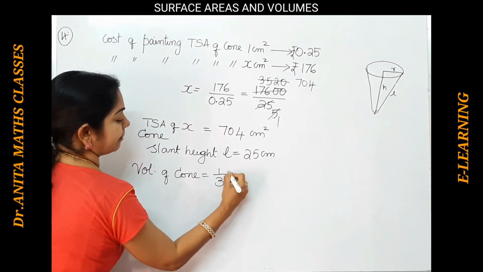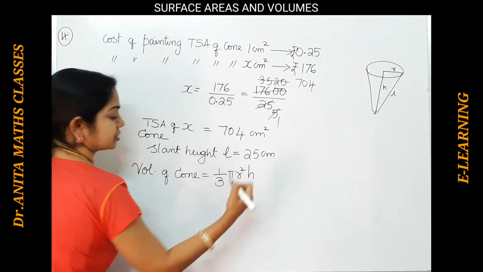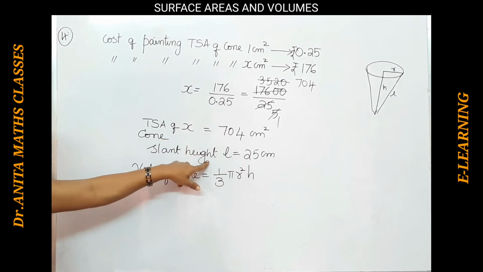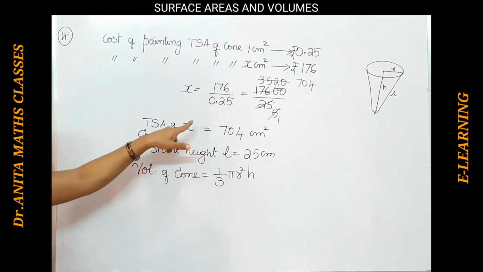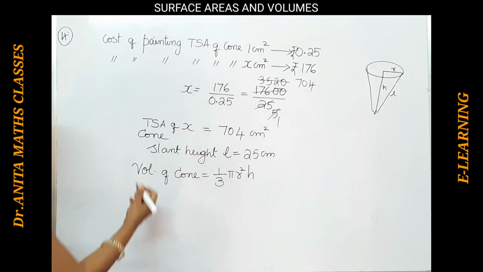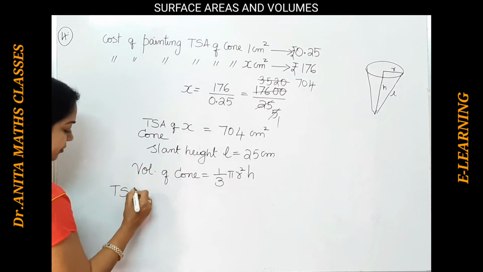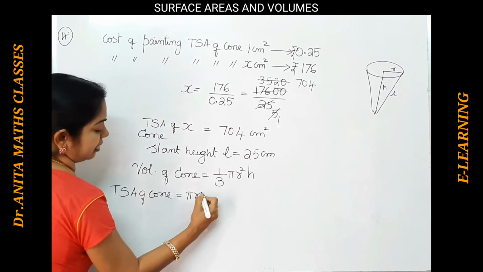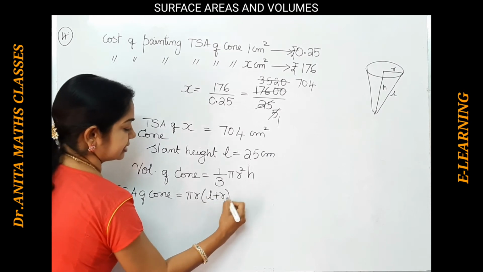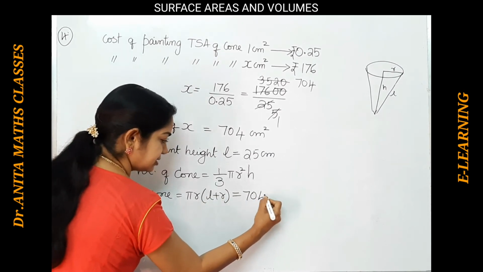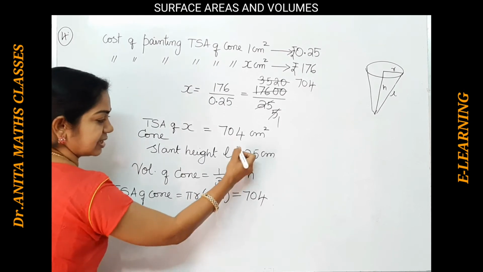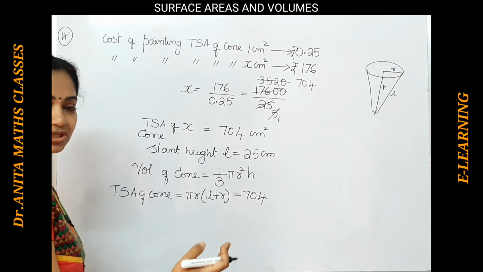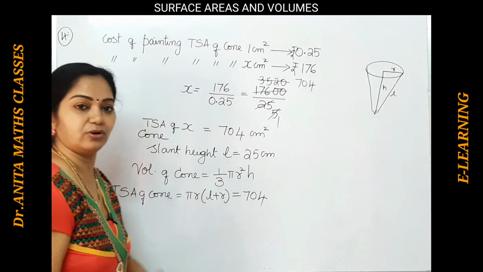1/3 πr²h, right? Here we don't have h, but we know TSA and L, isn't it? So substitute the L in TSA, we get r. Okay, here the TSA of the cone is equal to πr(L + r), that is nothing but what we found out, 704. From this, if you substitute L, we get r. From r and L, we will find out h, and that we will substitute in the volume of the cone,